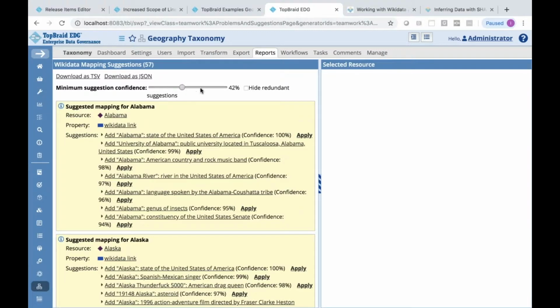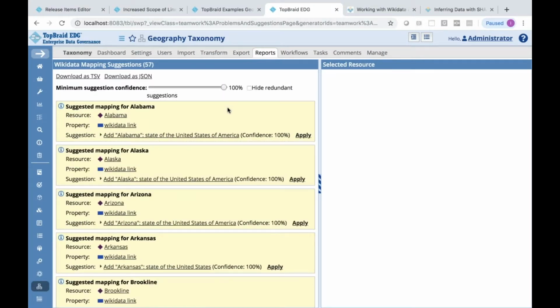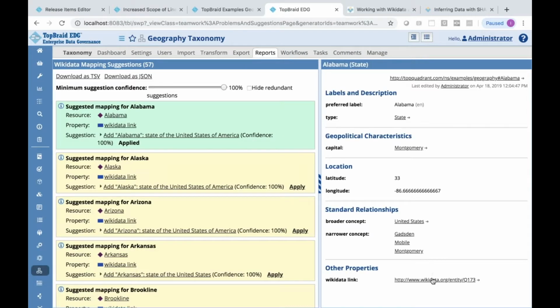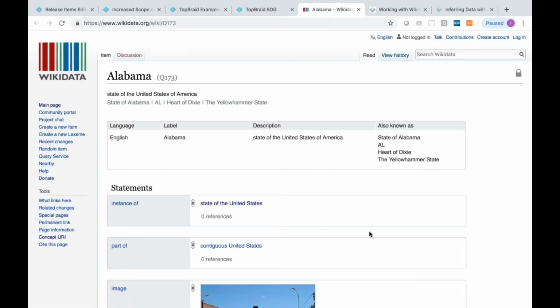And you see that there is some confidence associated with it, and I could slide the slider, for example, to get the confidence to 100%, and I could apply my suggestions and see the link that was generated to the Wikidata resource, as you could see here.